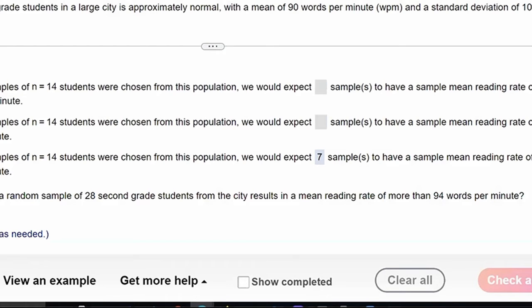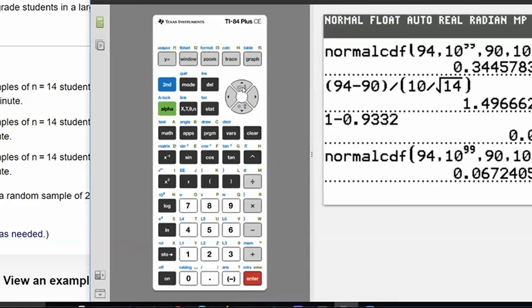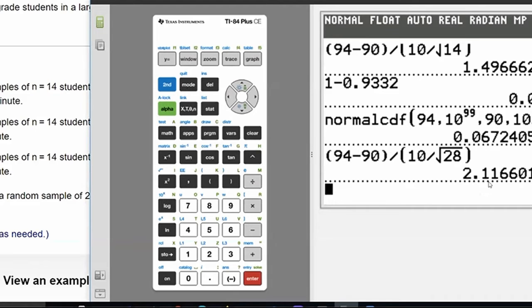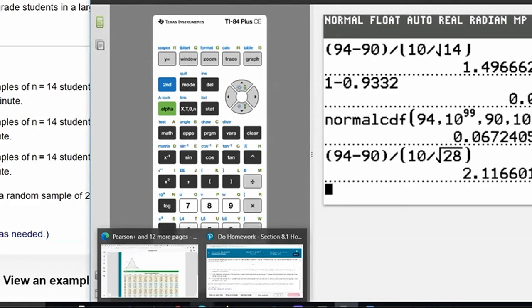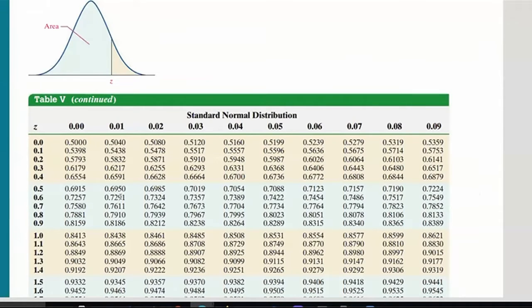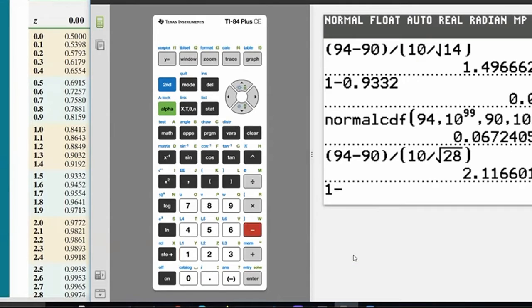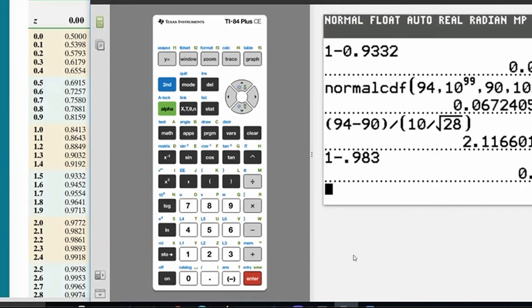Now, if we bump that up to 28, the z-score, replacing dividing 10 by the square root of 14 by dividing 10 by the square root of 28. Now we've got a z-score when rounded to 2 places, to the hundredths place, that's 2.12. Right here, 0.9830. That should be 0.017. Whereas if I use normal CDF,